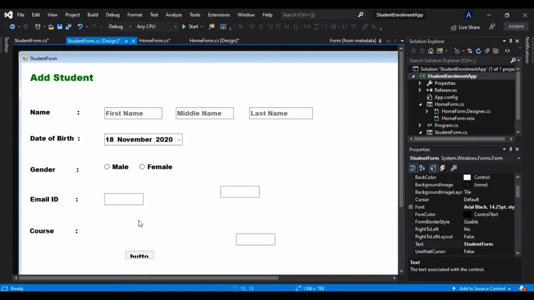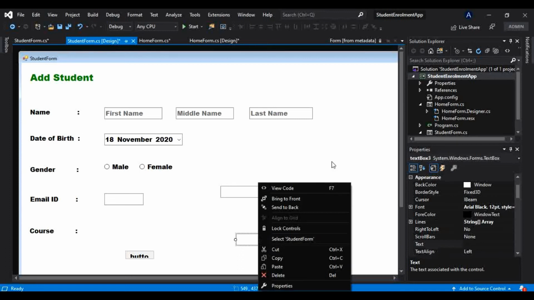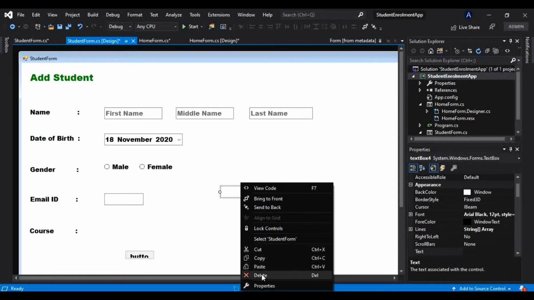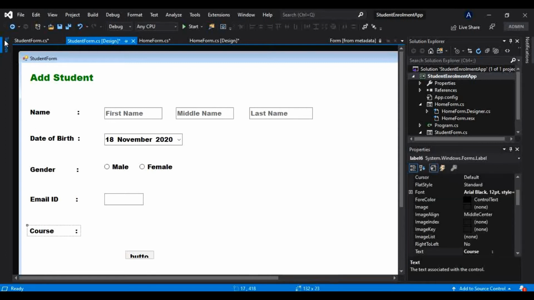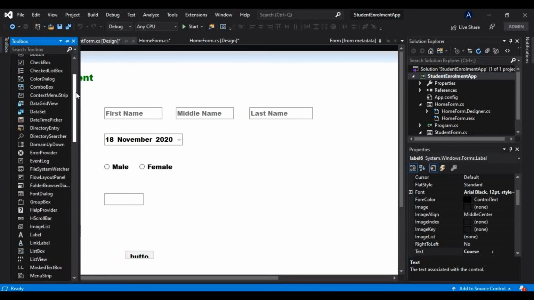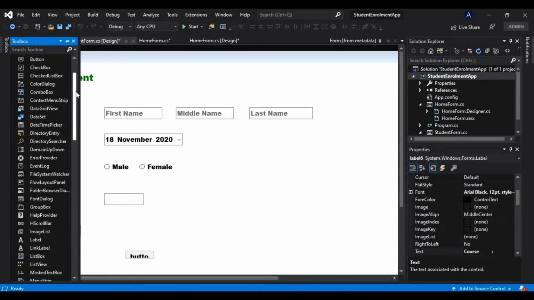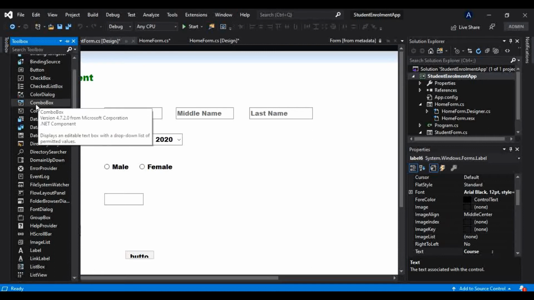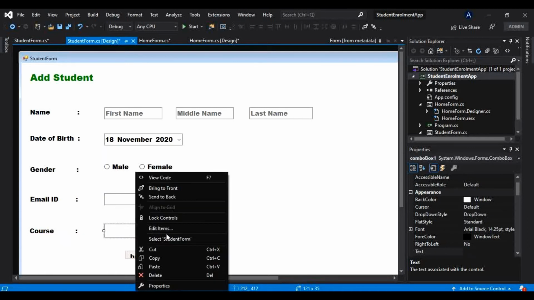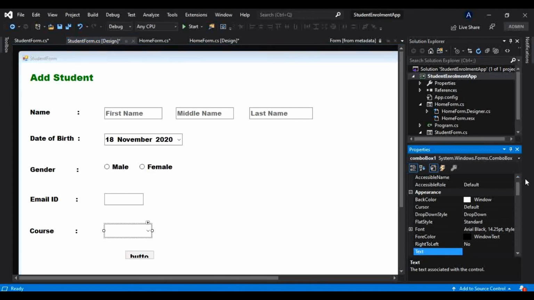Alright, now for course I want a drop down menu, so I will delete this text box. I don't need this anymore. I want a drop down menu here, so for that we can go here, and there should be a combo box here. Okay, so this I want to drag and drop here, and let me change the font for this as well.